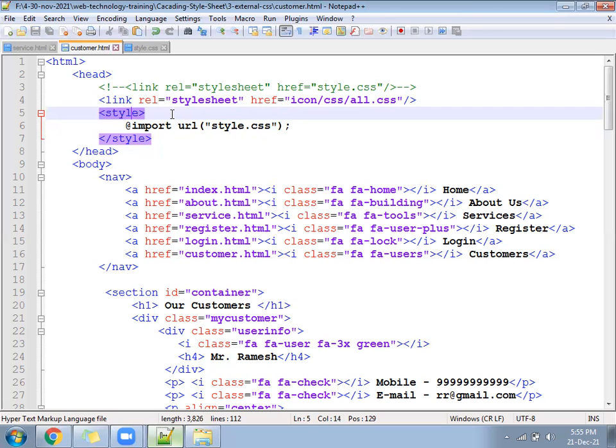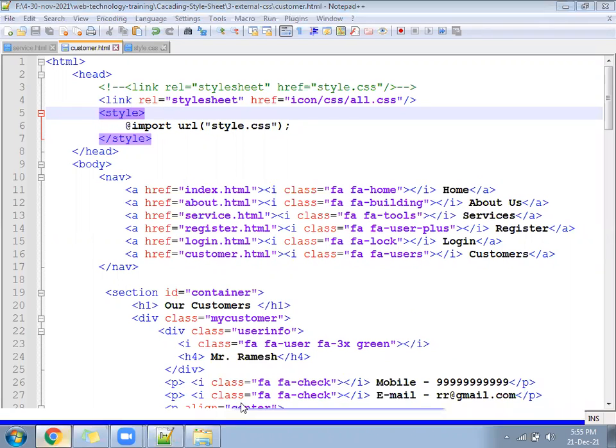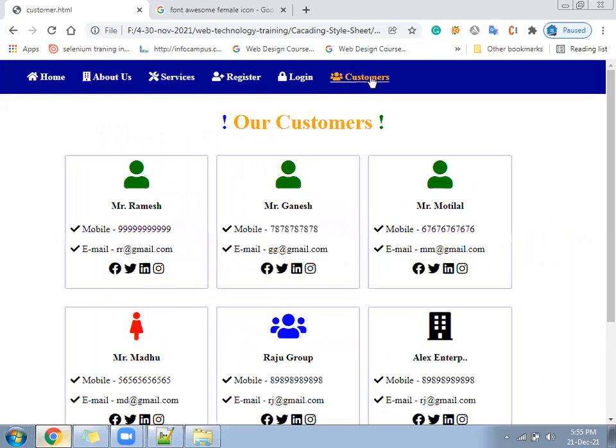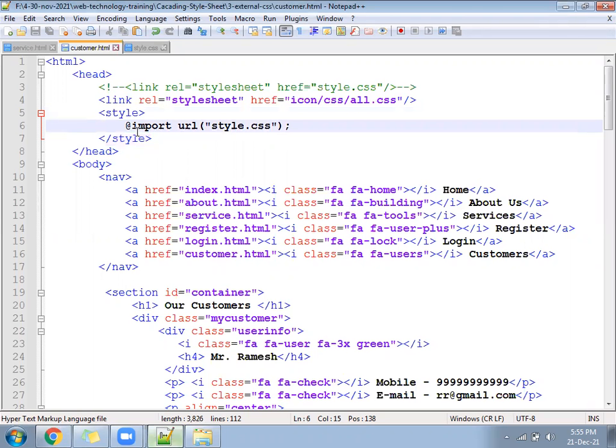Clear? Check now. Same output or different? Right click and view source. Run the page, do the right click and do the view source. I'll show you. So working, please, yes, no. Check your page, is it working? When you have linked through the external import method, is your page coming or not? Customer.css file, please check, is it running?